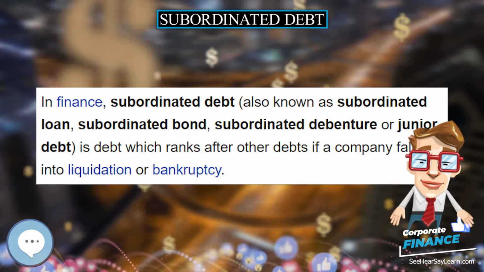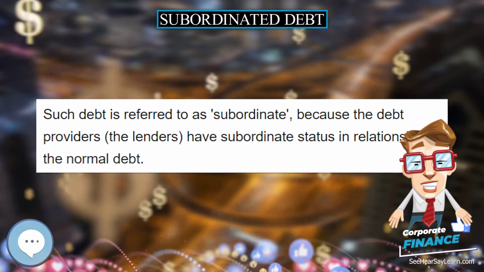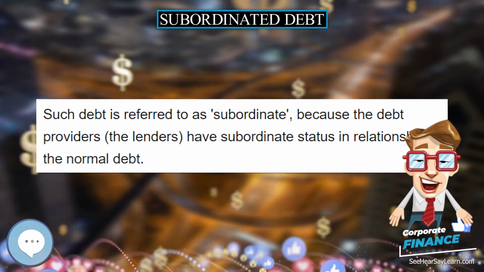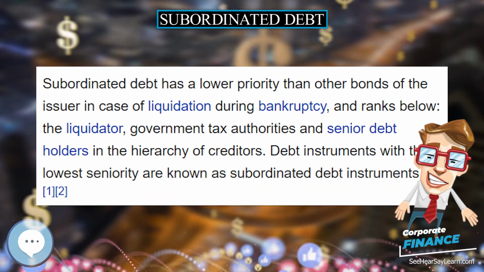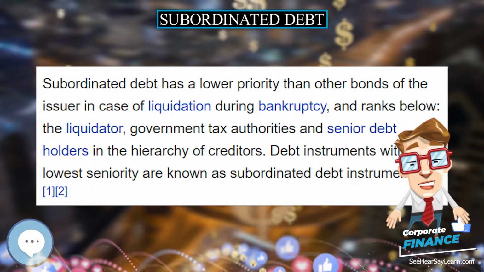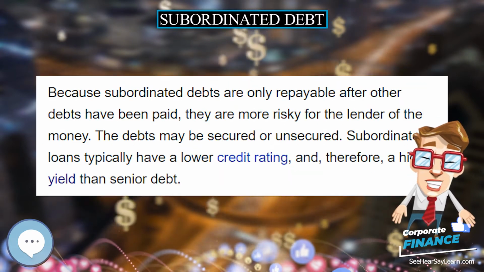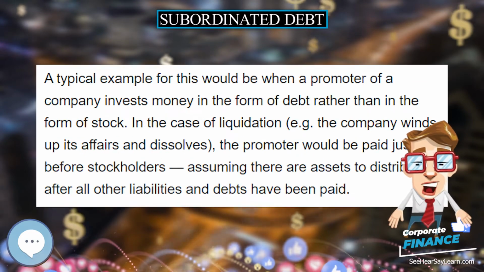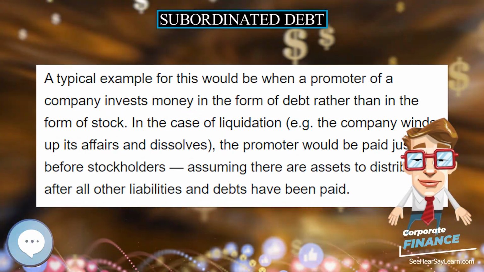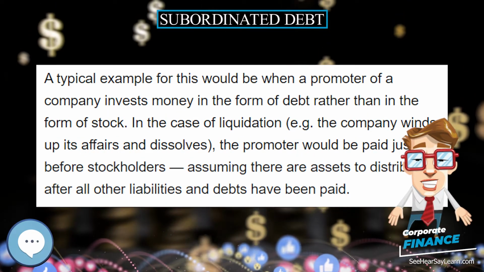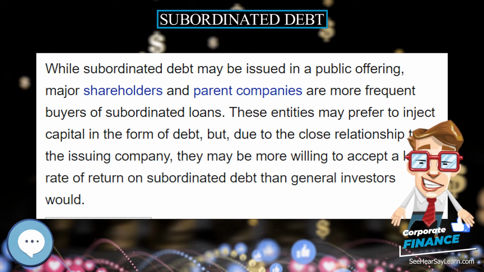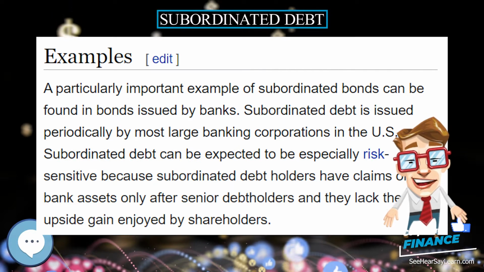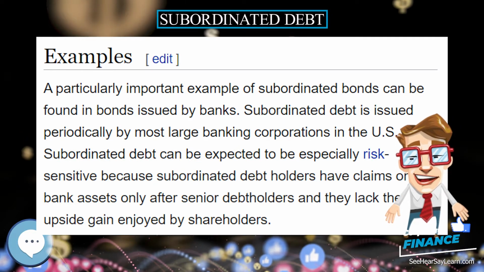Subordinated debt. In finance, subordinated debt, also known as subordinated loan, subordinated bond, subordinated debenture or junior debt, is debt which ranks after other debts if a company falls into liquidation or bankruptcy. Such debt is referred to as subordinate, because the debt providers, the lenders, have subordinate status in relationship to the normal debt. Subordinated debt has a lower priority than other bonds of the issuer in case of liquidation during bankruptcy,